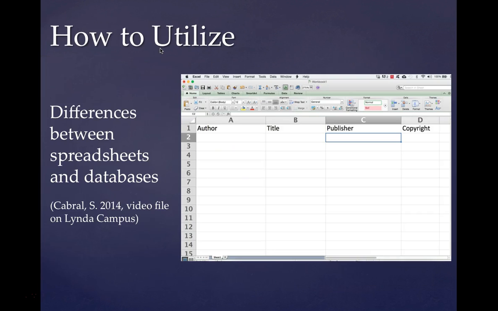How do you utilize it? Well, what makes a database so special and different? When I was doing the research for the tutorial here, I came across Sherry K. Cabral's Linda Campus video, and one of the things that I liked that she did was she discussed how